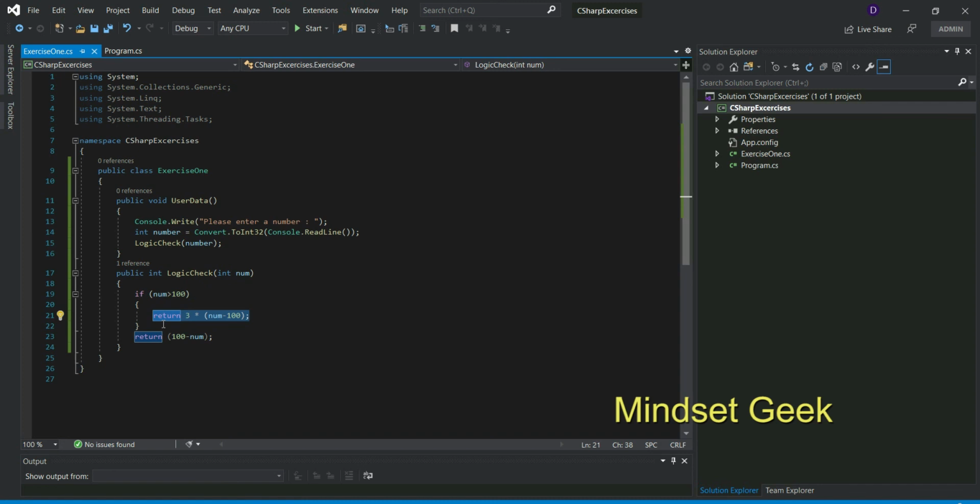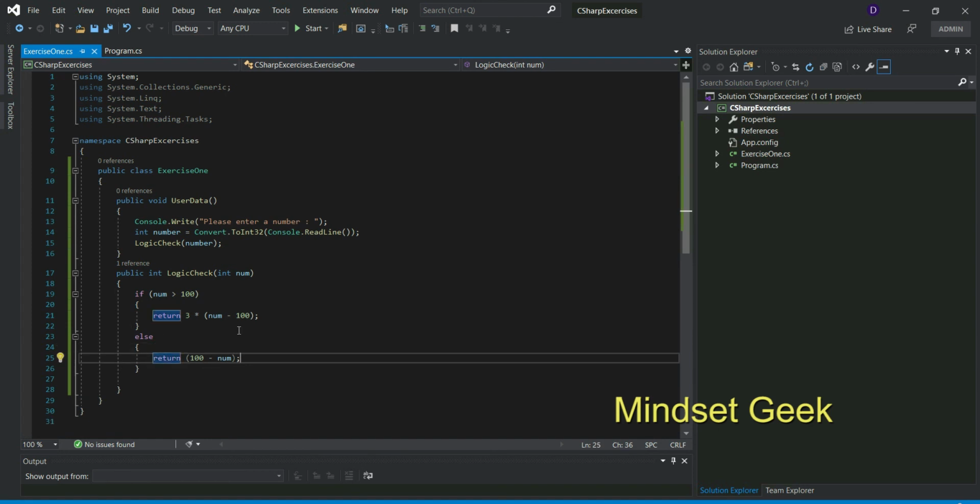Only one return statement will be called. Think about this. If the user entered number is greater than 100, we return triple of the absolute difference. If not, we can actually use else. Without else also this will work. No differences, right? This one and the previous one are almost the same.